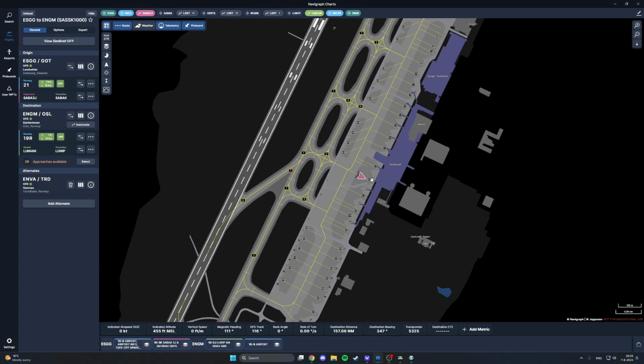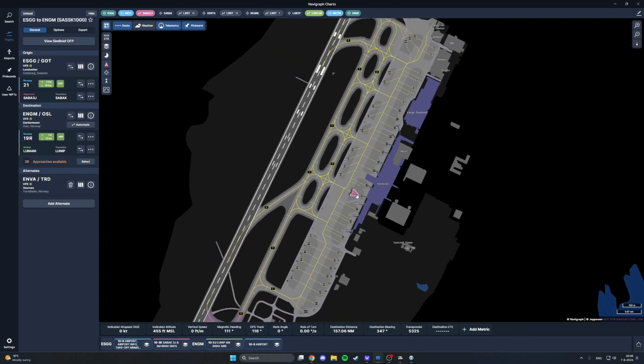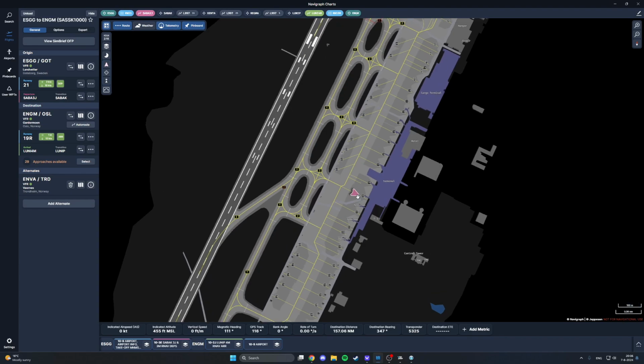Nordic 21 Alpha request taxi. Nordic 21 Alpha taxi holding point runway 21 via Hotel and Zulu. Nordic holding point runway 21 via Hotel and